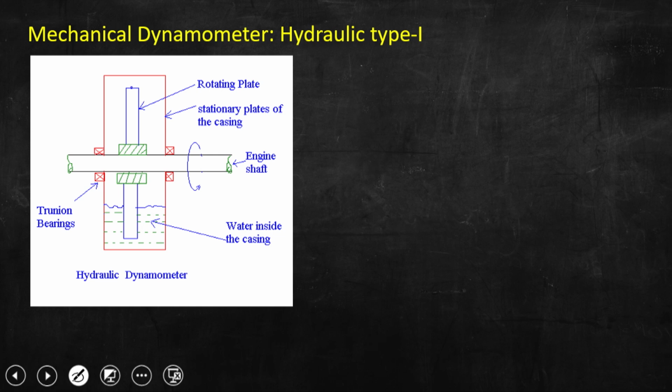So, this is the engine shaft and that is rotating continuously, and so if I write here, that will help you to understand first and then I will discuss. So, what you can see, this hydraulic dynamometer, whether it is type 1 or type 2, hydraulic dynamometers are used for measuring power